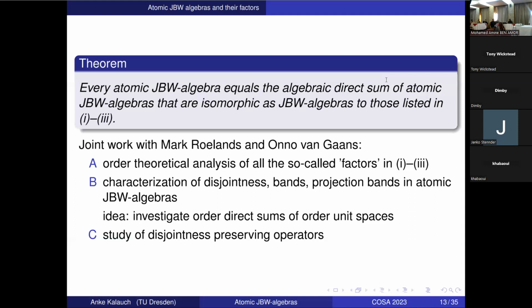So the plan was to find the order theoretical structure of these factors. So we have to find out whether there is disjointness or bands or whatever. And since every atomic JBW algebra is the direct sum of these objects, we have to see, so all these are order unit spaces. So what happens in an order direct sum of order unit spaces? This is the second step. And if you have this, we can then go to disjointness-sharing operators, etc., etc. Okay, that's the plan. Let's start